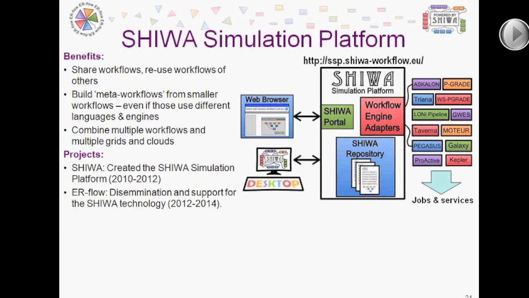And instead of going through all the 26 solutions, I'm just picking one which I believe is the most relevant for this computational workflow systems into an interoperable and shareable platform. You can see in the right side of this slide that the Shiva simulation platform is basically a gateway that sits between the user using a web browser or